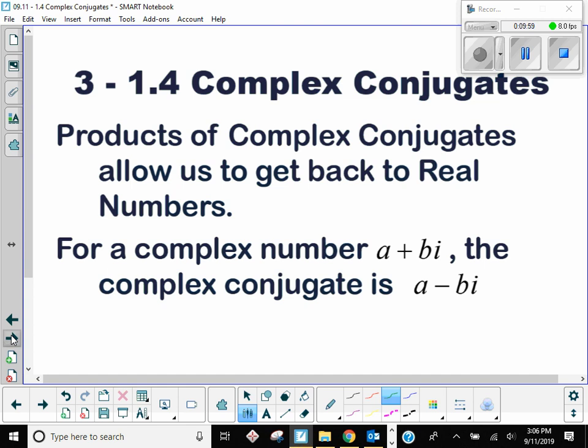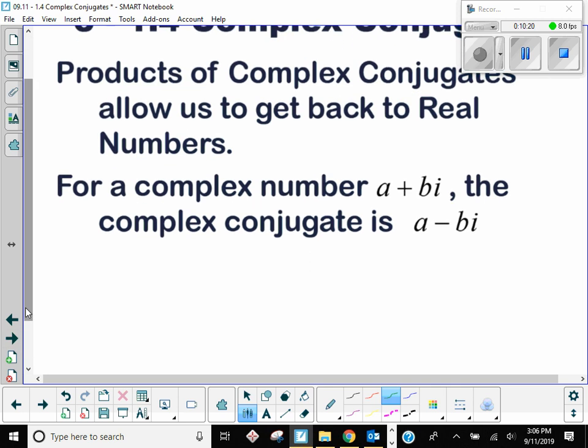Complex conjugates, complex referring to complex numbers. And a conjugate, so this is my generic form of a complex number, a plus bi. This is what we call a complex conjugate. What are similarities and differences that you see there? What are some things that are the same